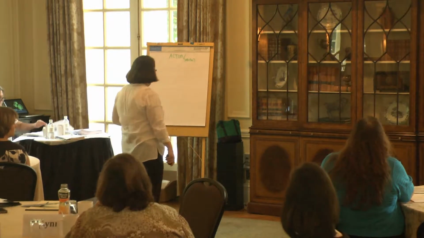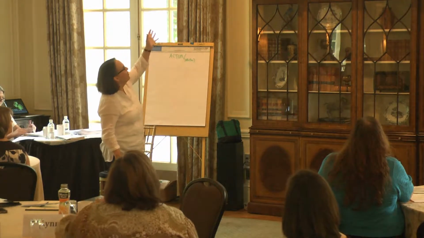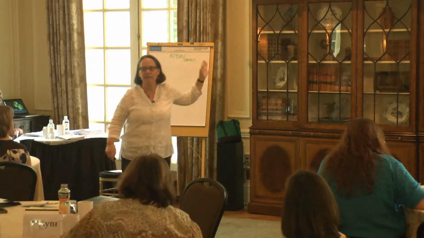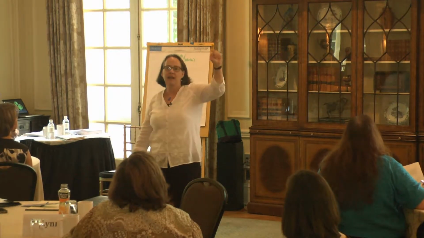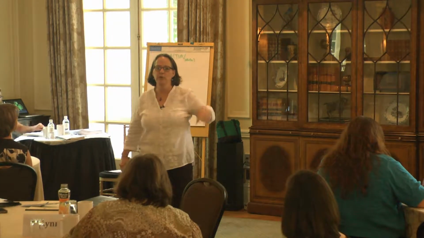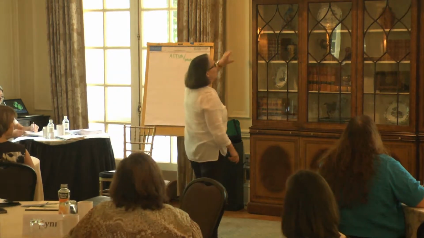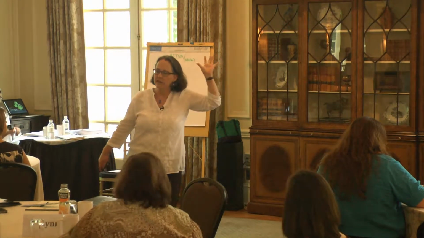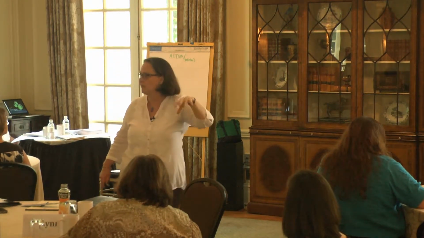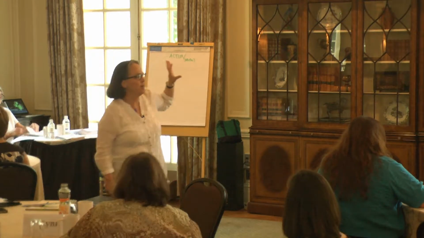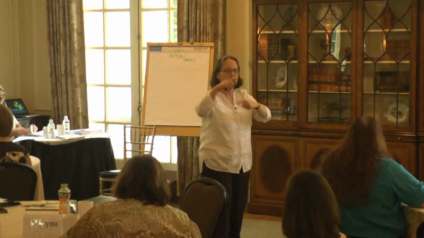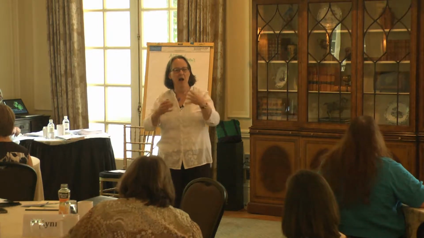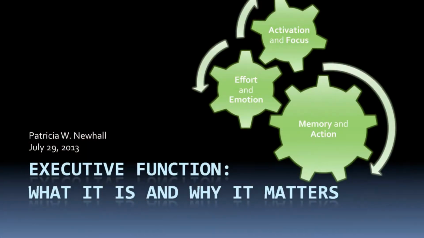So, all right. There's my title slide. You'll see up there the cogs say activation and focus, effort and emotion, memory and action. And if you've looked around at the boards around the room, you'll see those same words. They're pictured here as cogs. You're going to see them again as a list. These are the facets of executive function that we're going to be revisiting throughout today and tomorrow. I put them up here as cogs just as a visual reminder that they all drive each other. Even though the list is easier to read, all of these facets are connected together.